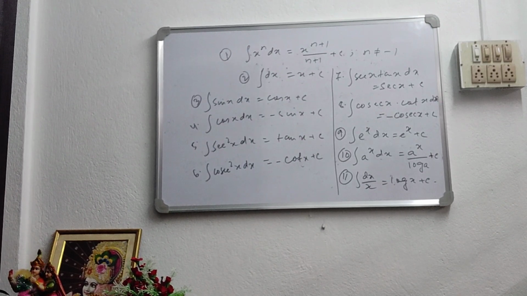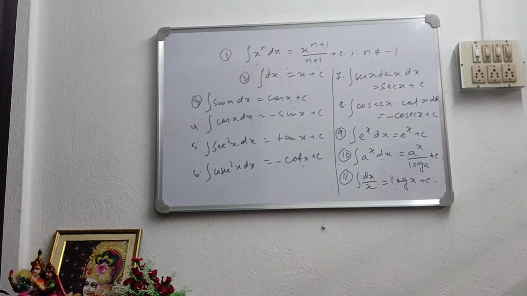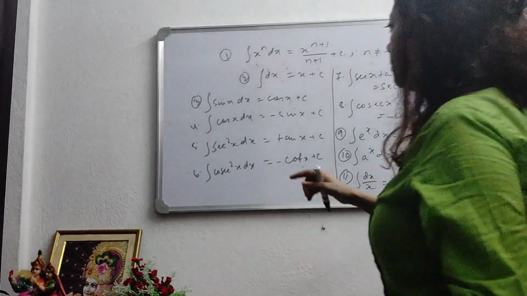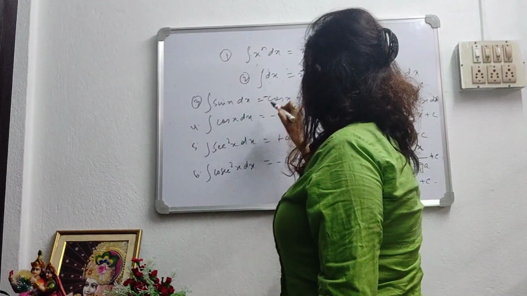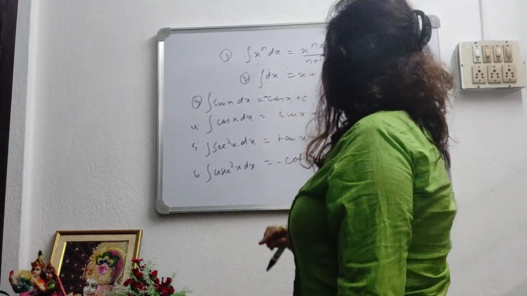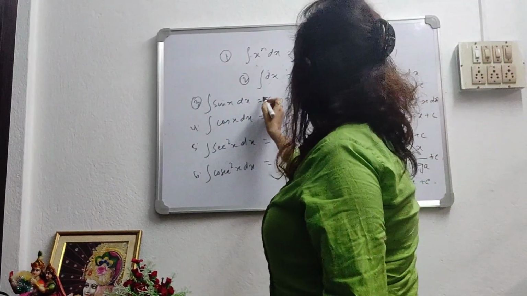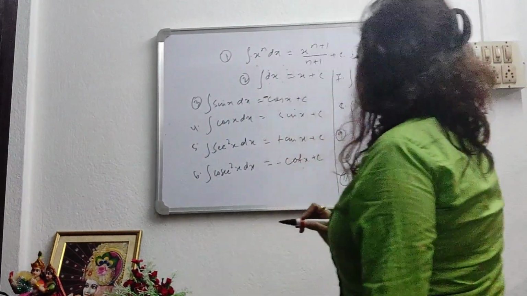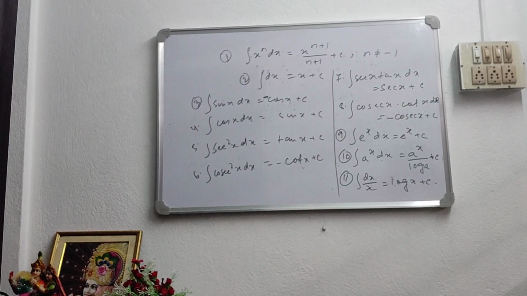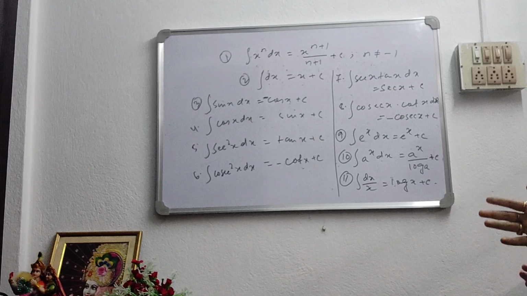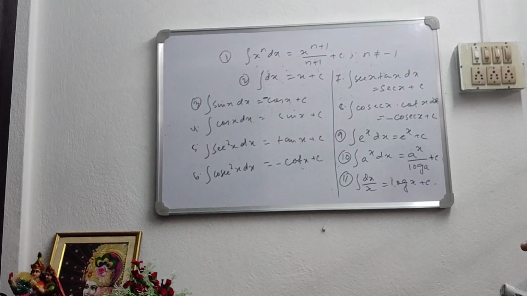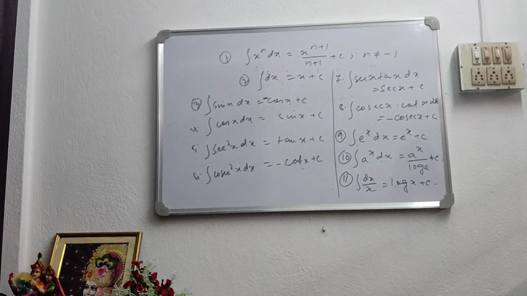So students, did you notice one thing? The formulas of integration are just the opposite. There is a mistake of one thing. This is minus, this is plus. Integration of sin x is minus cos x, and integration of cos x is sin x. So, do you notice one thing, that all the formulas are antiderivatives. All the formulas are antiderivatives.